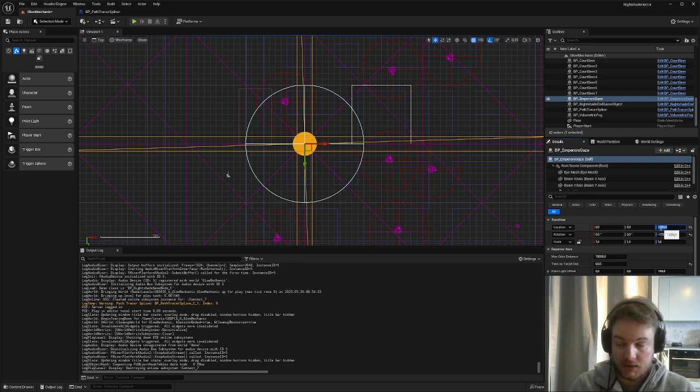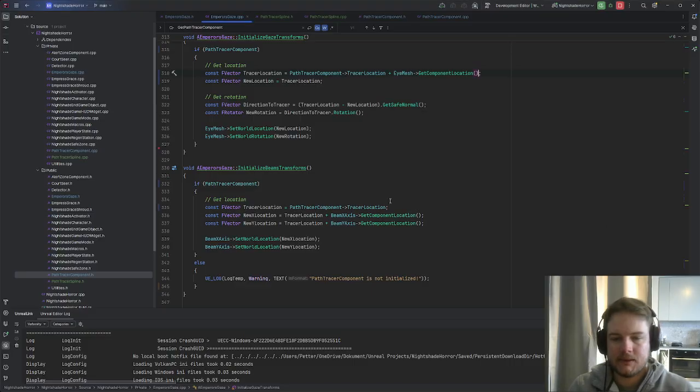It works, I think, as long as I am in the center of the world. It's going to be an issue later on, likely. And I will do also